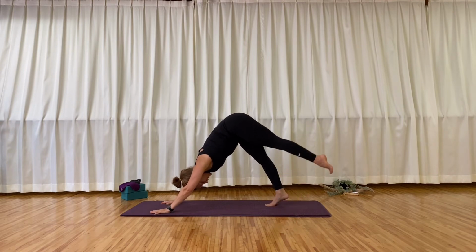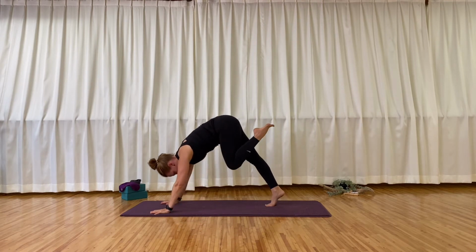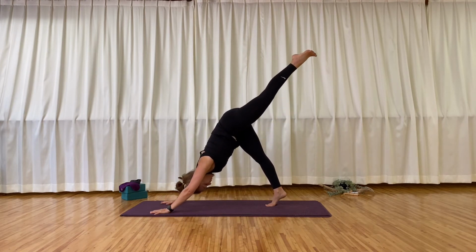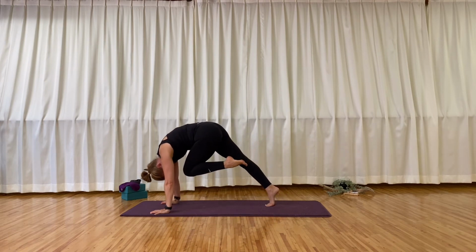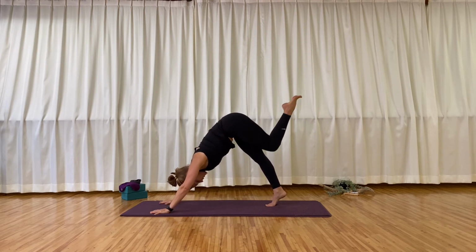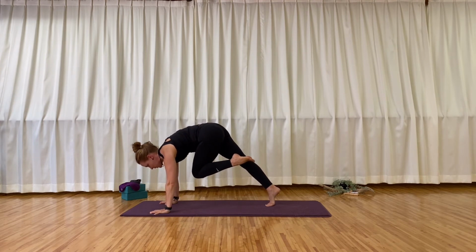Inhale, right leg rises back and up. And as we exhale, bend the right knee, shift your weight forward and pull your knee in towards your nose. Inhale, extend, left leg rises back and up. Inhale, pull the knee in, shift forward, really round your upper back body. Inhale, extend the left leg back. One more time, knee to nose. Shift forward, hold it here, pull the knee in even closer, look up to the front of the mat, and